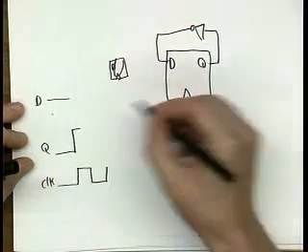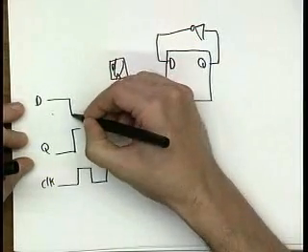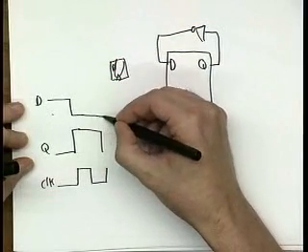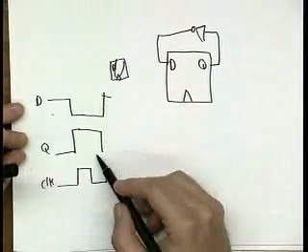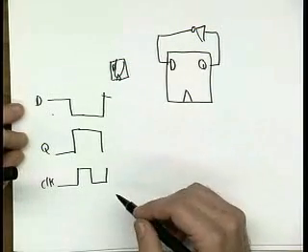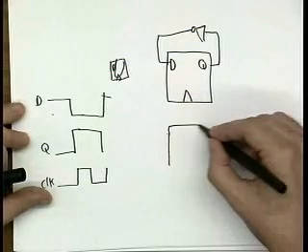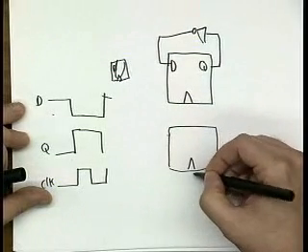Now my Q is high, there's an inversion there, so that makes my D go low. The next time I see a rising edge, the Q follows the D, it goes down. That makes the D go high, and you can see it's dividing by 2, just every alternate cycle. Now, there's no phase there, but what if I put in parallel to this something the same, except I inverted